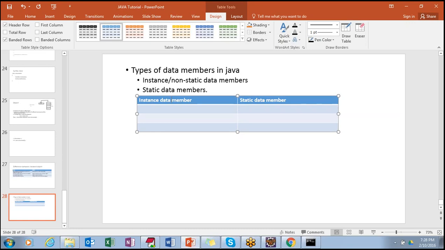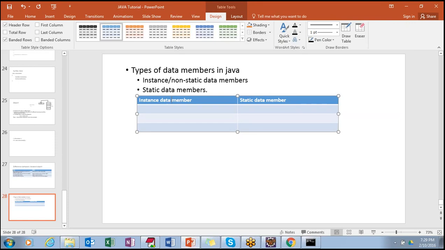So when I start with instance data members, the main difference is this: memory is created each and every time when the object is created. Whenever you create an object, the instance data members, meaning the variables, get memory created.